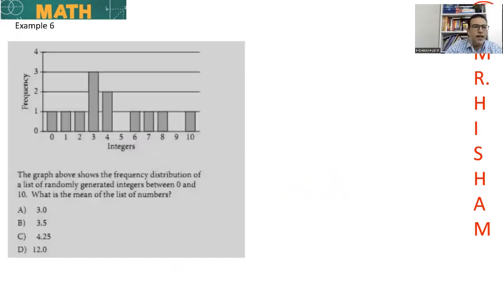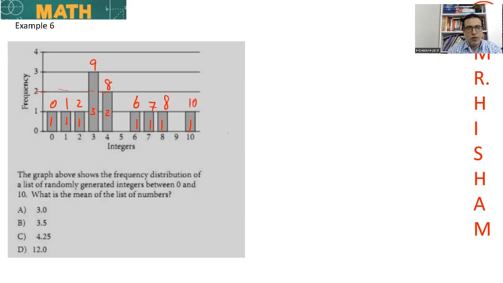Another example. The graph above shows the frequency distribution of a list of randomly generated integers between 0 and 10. What is the mean? So directly 0, here is 1, 1, 1, 3, 2, because this value is 2. I find the height of the histogram bar: 1, 1, 1, 1. So 0 by 1 is 0, 1 by 1 is 1, 2, 9, 8, 6, 7, 8,